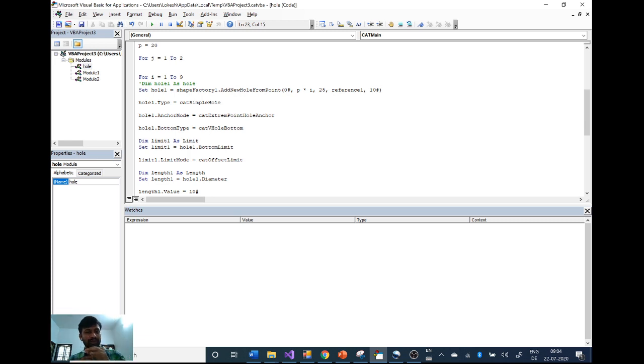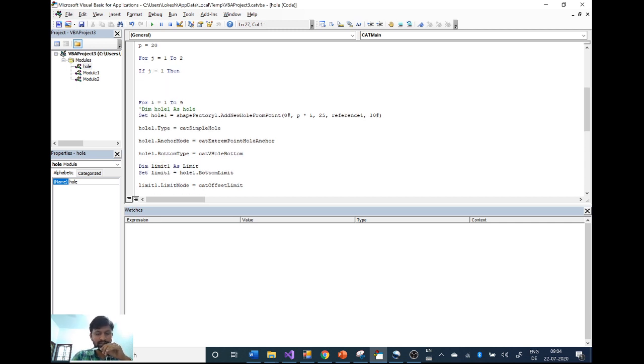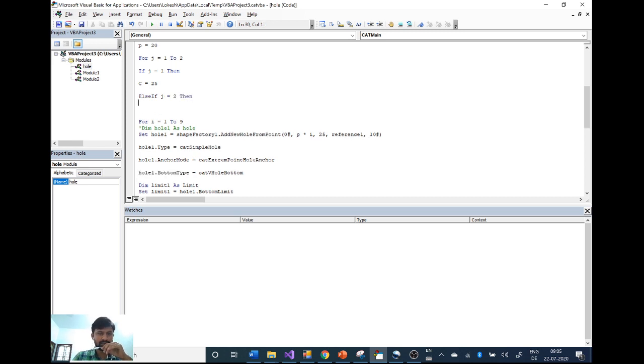To do that, I'm going to introduce a new term called if condition, because there are many possible ways to do that, but I want to introduce the if condition so that you can understand the use of the if condition. If j equal to 1, then I'm saying c equal to 25. Else if j equal to 2, that is the second column, then I'm saying c equal to 25 plus 50.